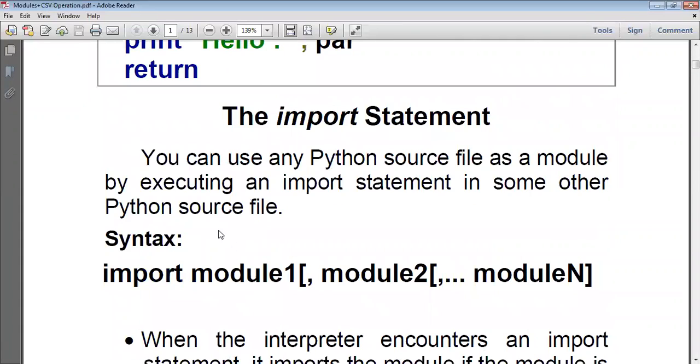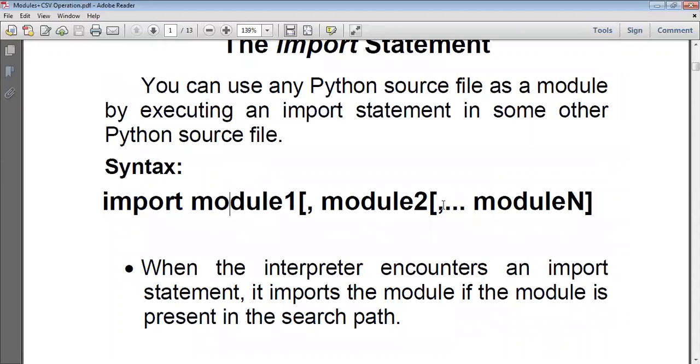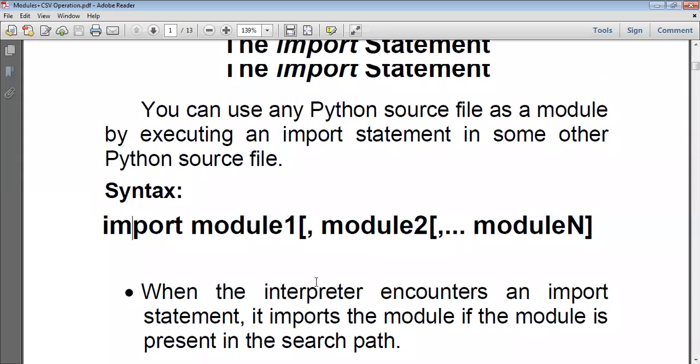Then what is the syntax here? import support, develop. Whatever modules you want to import in your program, you just list those modules with the help of the import statement. That is the usage of the import statement: it is used to import the modules that are required for your program. Once you have used the import statement, where is this module located exactly? You will store it as a file in your system, but how will your program search for this module?